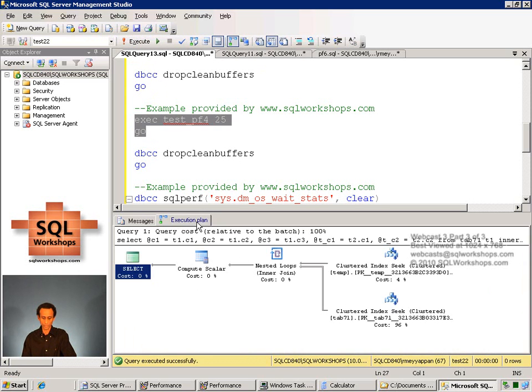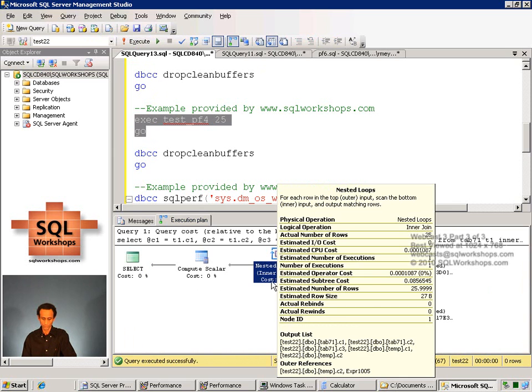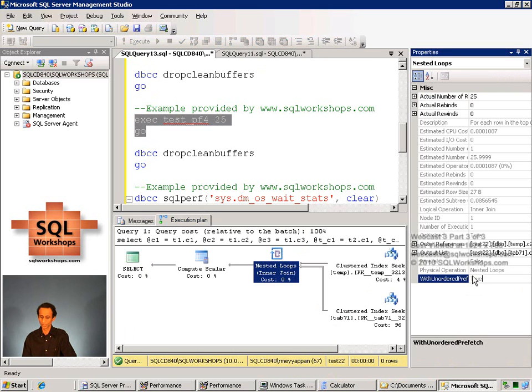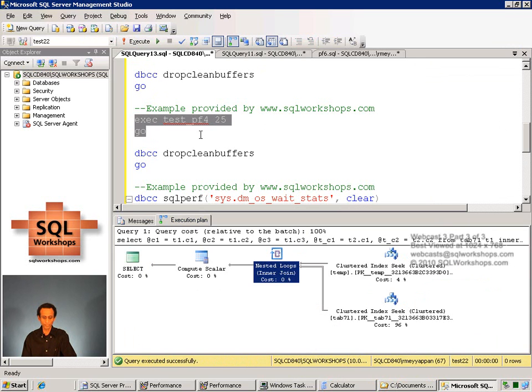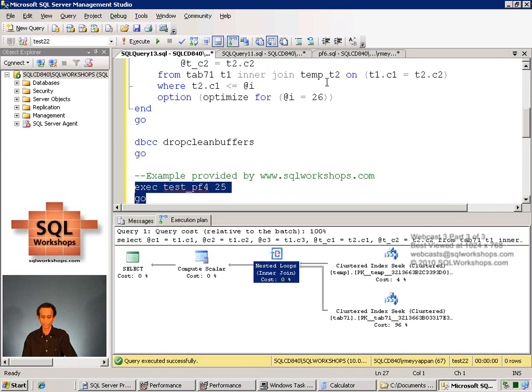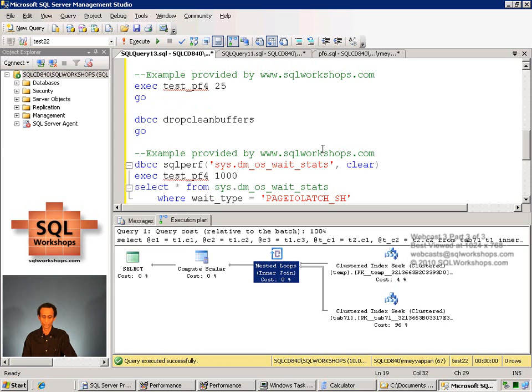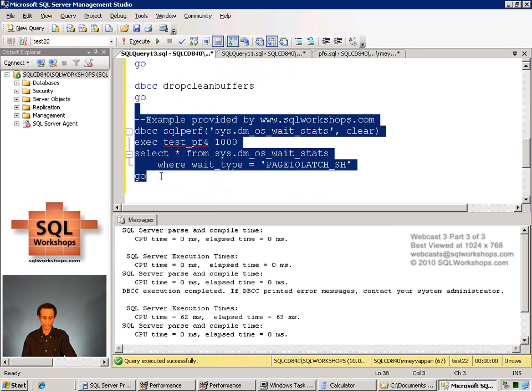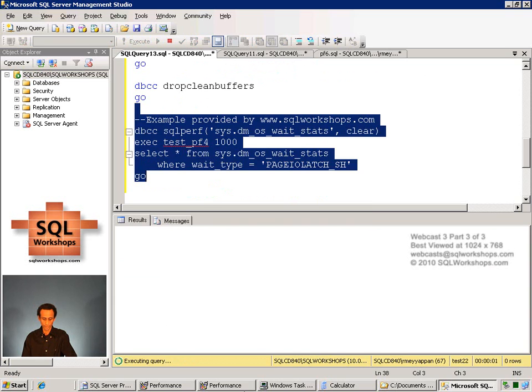Let's look at the execution plan. Right click, properties. There you see unordered prefetch equal to true. So even though we executed the query the first time with parameter 25, SQL optimized it based on parameter value 26, so prefetch is enabled. If you drop clean buffers and execute this query and look at